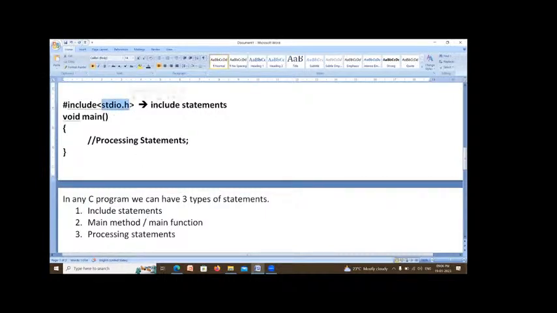It is just like a tent house, which will give the tools that are required to build your applications. To build your applications, you need some tools. Those tools are already developed and kept in stdio.h. You can copy the content of stdio.h into your program by writing #include. So what is the meaning of this? You are copying the data inside stdio.h into your program. That is the meaning of this.